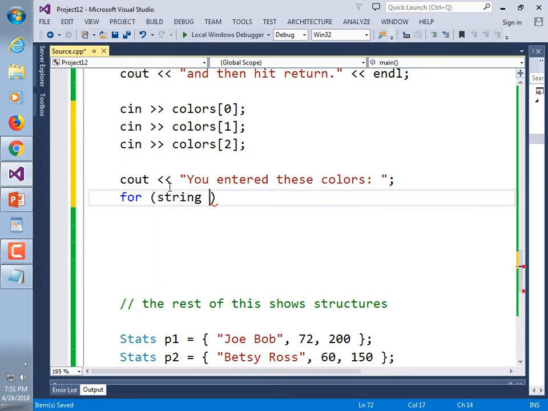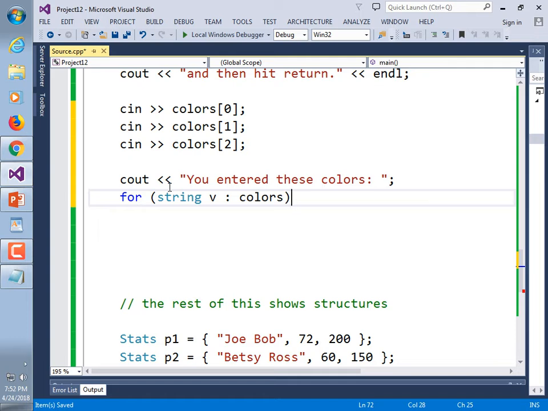string V for value, S for string, the word color, but whenever I start mixing plural and singular, color and colors, people start putting S's where they shouldn't. So I shy away from that, even though it's a great syntax, right? Don't type this, but if I type this for string color colon colors, then I know that one represents the array because it's plural, and that one represents the singular variable. Great idea, but like I said, anytime I start doing that, people start forgetting S's in one place and putting them where they don't belong in the other. So